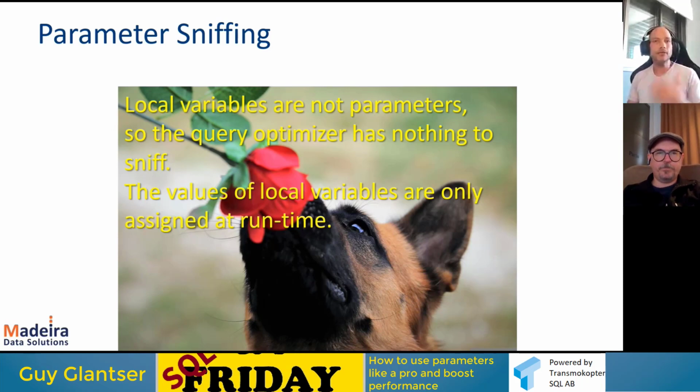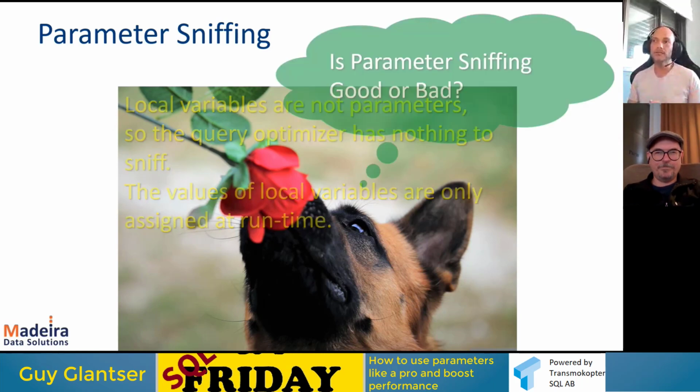So whenever you use a batch with a local variable, a query with a local variable, SQL Server treats it as an ad hoc query, and it doesn't have a clue during compile time about the content of the local variable. It is considered an unknown value, and then SQL Server needs to use all kinds of static rules for how to deal with unknown values. I will show you that in the next demo. Okay, so that's the reason why we get a different plan, and also why it's considered an ad hoc query.